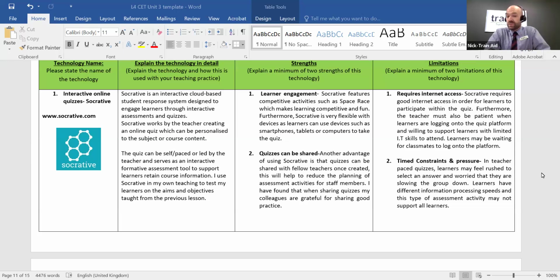Limitations. For your own technology, just remember to reflect on a minimum of 2 limitations. Obviously, with Socrative, it does require internet access. You need a good level of Wi-Fi signal for it to work, and also the teacher must be patient with